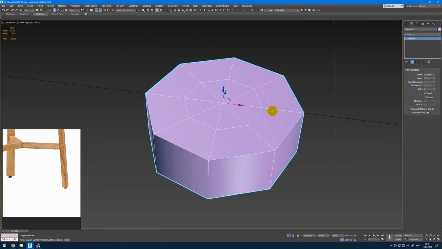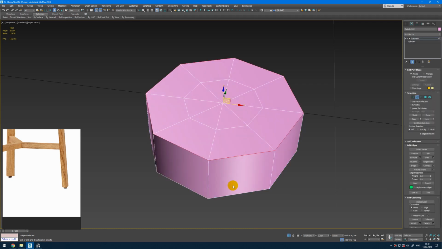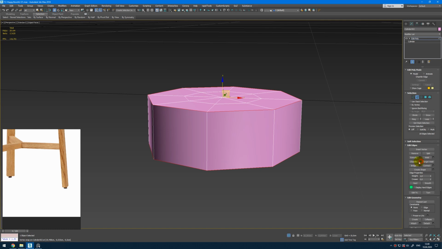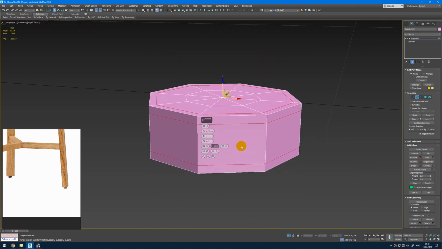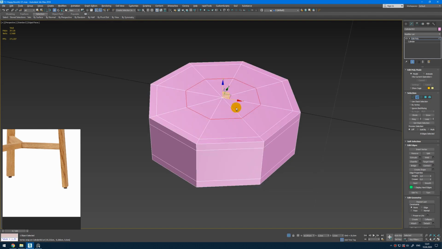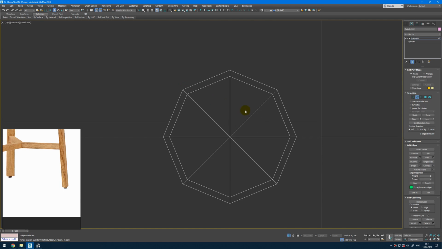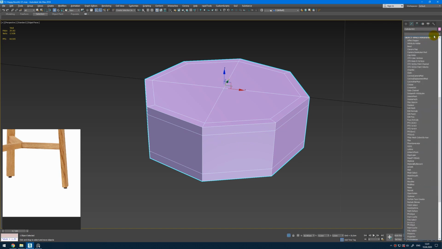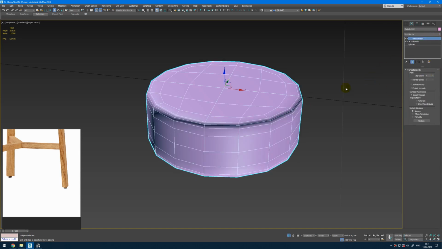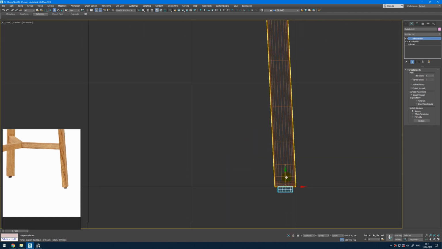From here I can apply edit poly, select top and bottom edge, chamfer, quad chamfer, less values, 0 extension, like this, then select those edges, control backspace, and from the top I don't need these edges, control backspace, create all quads. Now when we turbo smooth this, we get this result, nice and even, and from here I can copy